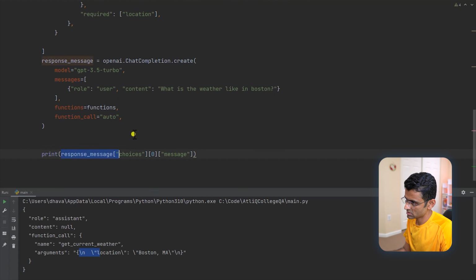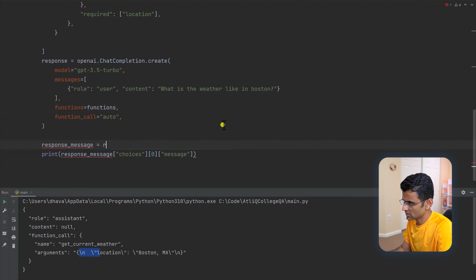What we'll do is we will say, okay, this is the response, and this is the message. The response message looks something like this.